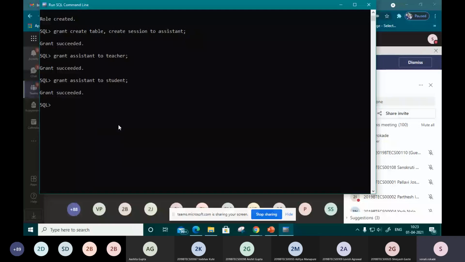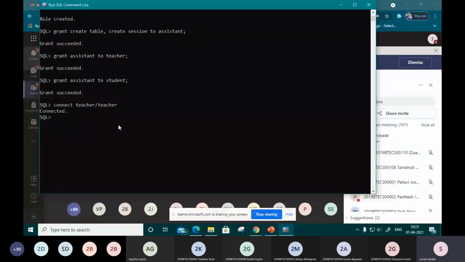If we have successfully granted to the users, then we can check it. How do we check whether the grant succeeded? We have to connect to Oracle with the given username and password. Right now we give username teacher and password teacher, the first user. We press enter, and it says connected.